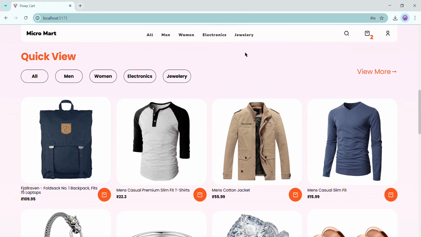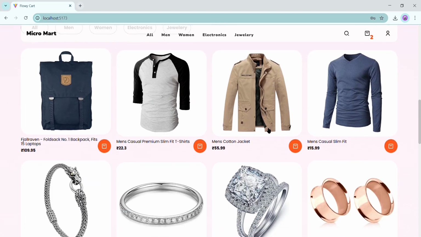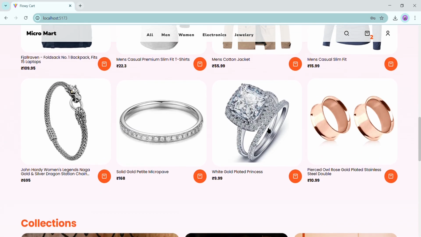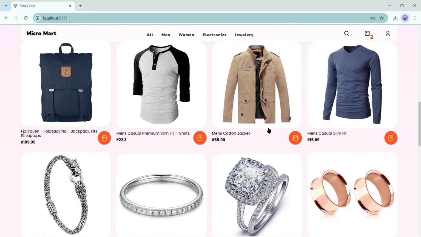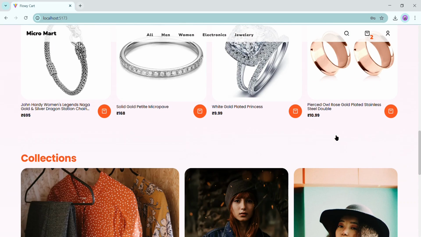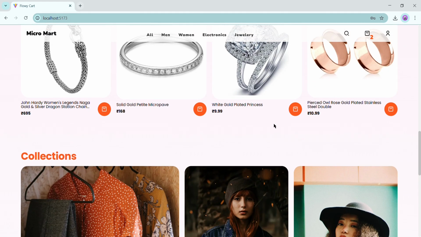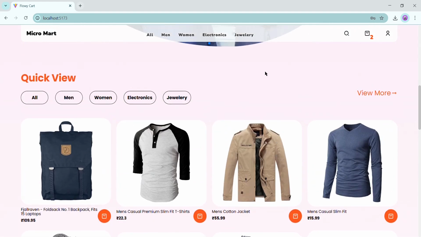For now we have the quick view. Quick view contains all the categories of the products, and not all the products exactly, to be precise. The products from each category bit by bit. For example, 4 products from men's category and some from jewelry, none from electronics. So it depends on what time it is and what's the trend going on in the market. Now we can browse through all the sections from here,